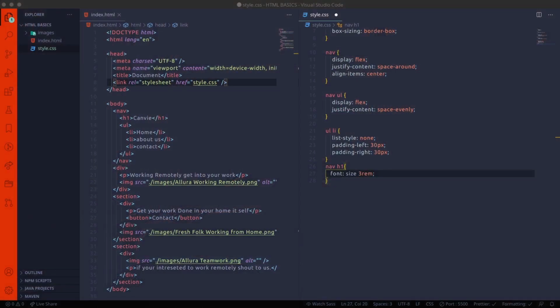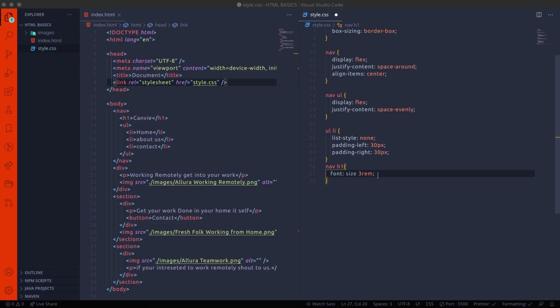Rem means relative to the font size of the root element. So it will increase the font size. 1 rem equals 18 pixels. So I'm increasing 3 into 18.